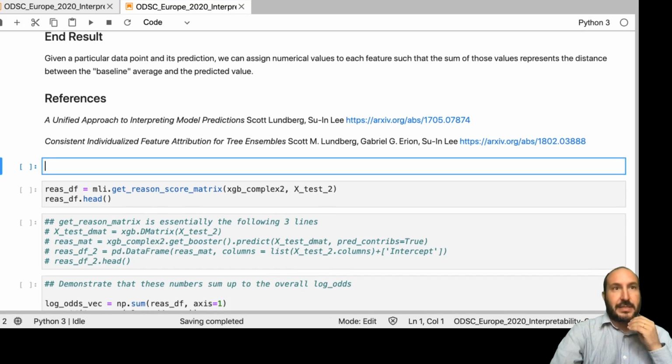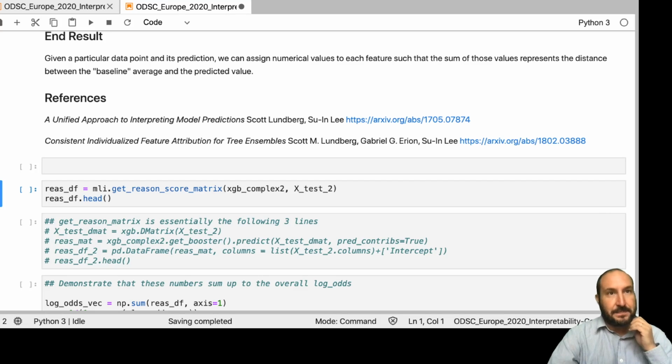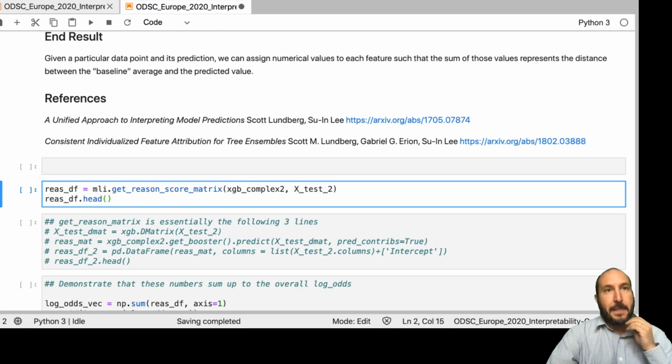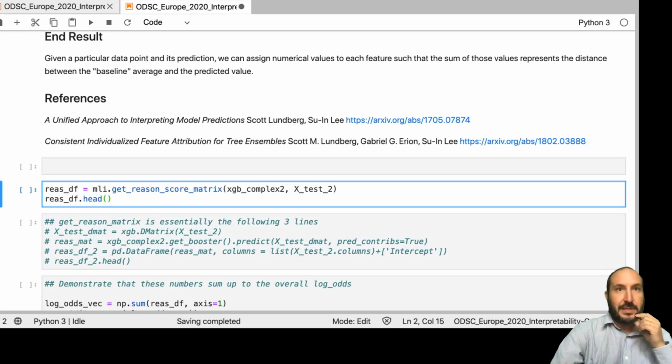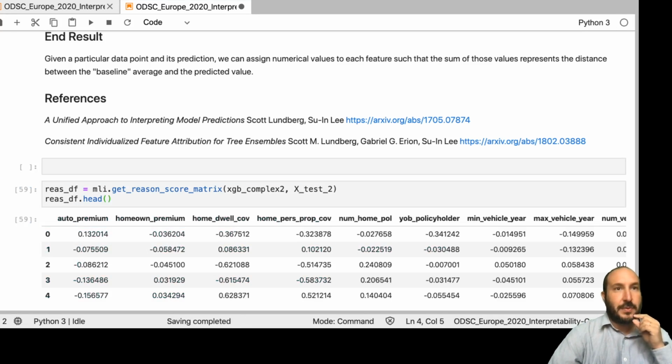So let's get into how to do this. I'm going to take my last model, and I wrote a little function called get reason score matrix. The function is basically these 3 lines below. But let's see what it does. So when we run it,